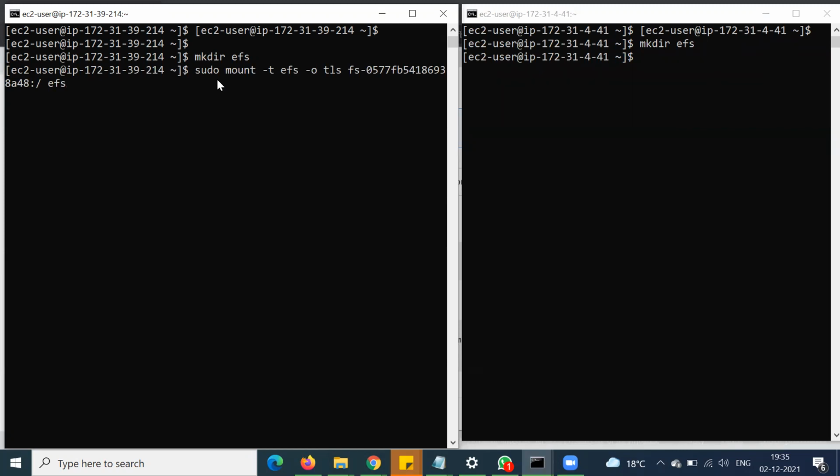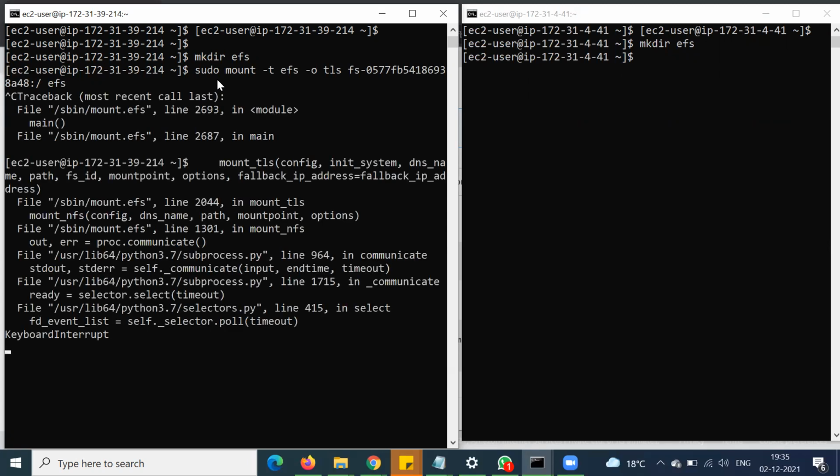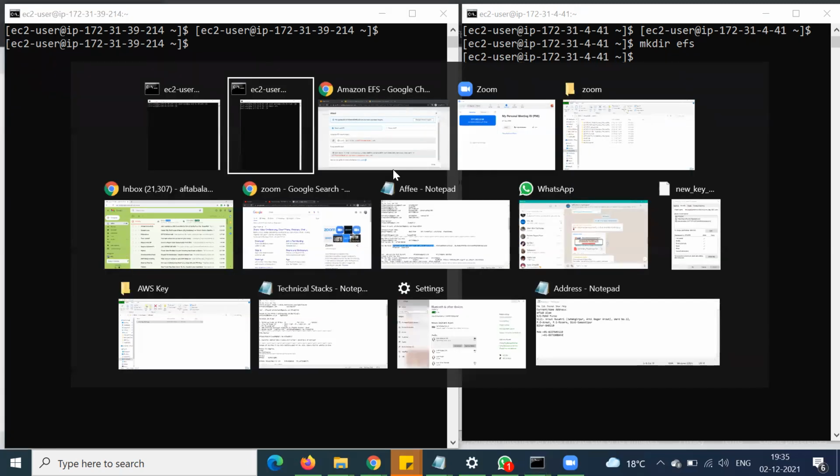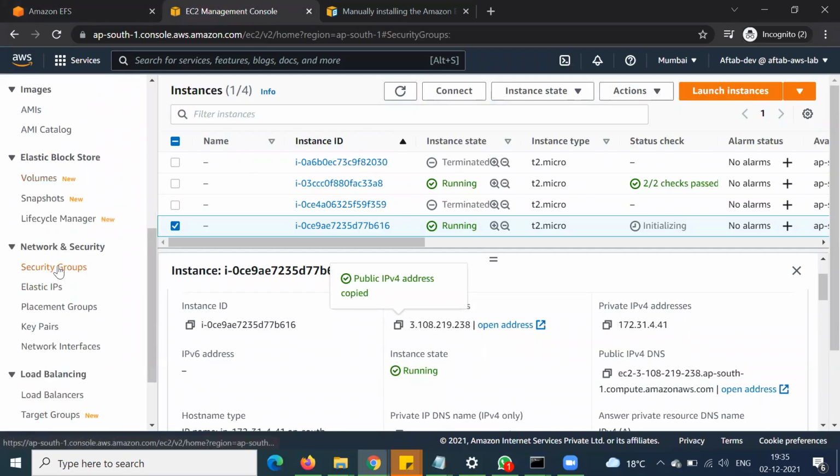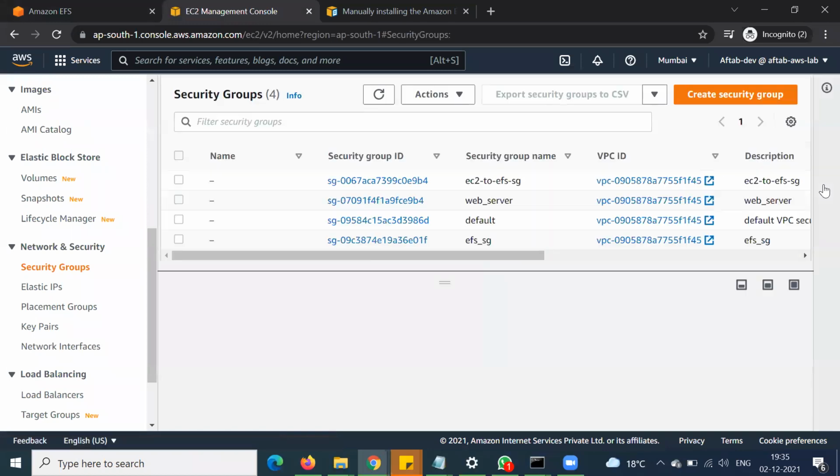So my friends, we can see we are getting some timeout error, like nothing is proceeding ahead. So we need to look into the security group, right? Okay, let's go into the security group. We can see EC2 to EFS and EFS to EC2 security groups.